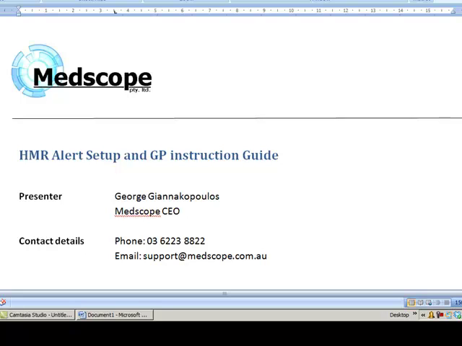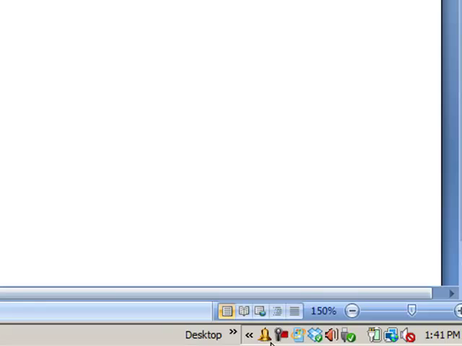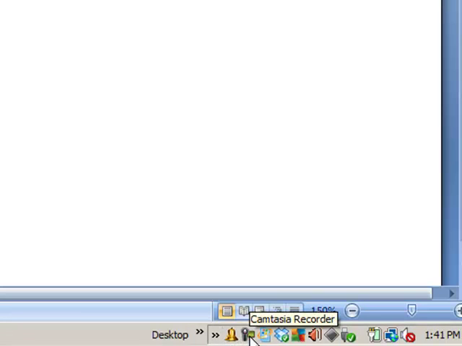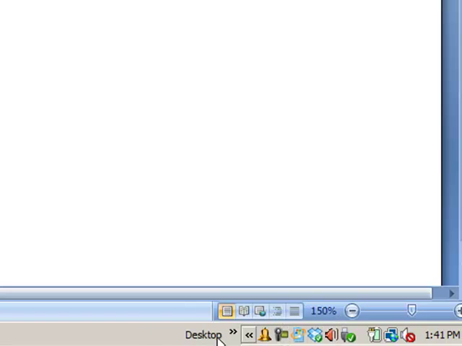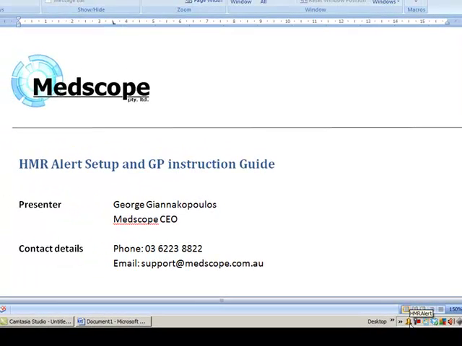HMRAlert, a widget allowing GPs to send home medication review e-referrals, has been installed on your computer. A bell icon should now be visible in your computer system tray. If not visible, you may have to expand the tray contents by clicking on the arrows to view it. If the icon is not there, please let the practice manager know, and they will contact us to check your